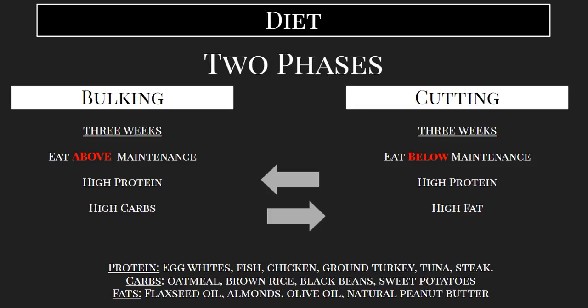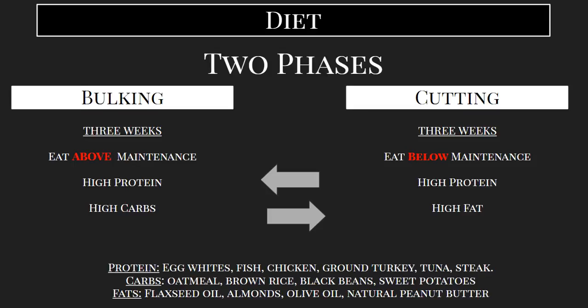Okay, so when we're eating below maintenance, we also want to make sure that we are eating high protein because we worked on building all that muscle. Well, if we're not providing our body with as many calories as it needs, we want to make sure there's protein in there because that way your body is not burning through the hard-earned muscle to fuel your body. So have a high protein diet.